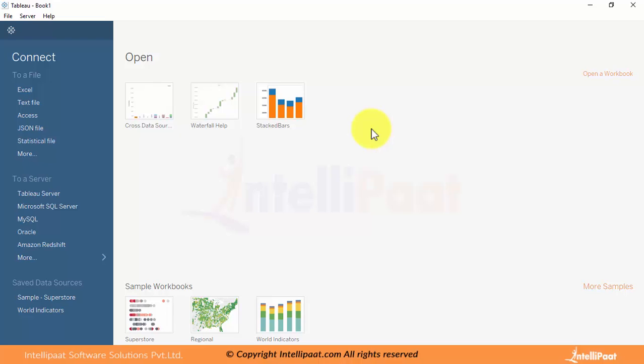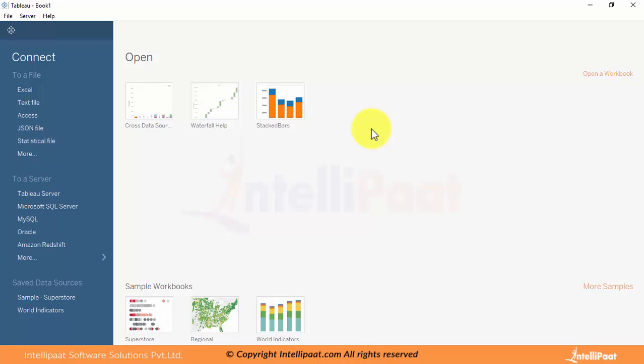Next, with respect to data, they have introduced cross database joins, so that you can use two data sources and join these two data sources with respect to a filter or any other functionalities, so that we can filter across the different data sources.